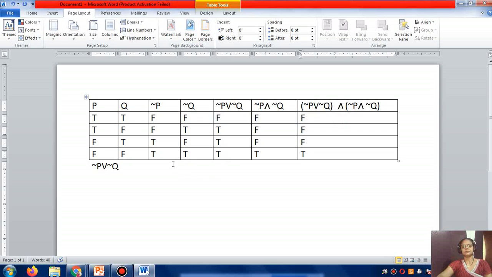Okay, shall I move forward, shall I repeat it? सबको समझ में आ गया है, कैसे ट्रू फॉल्स लिखना है?